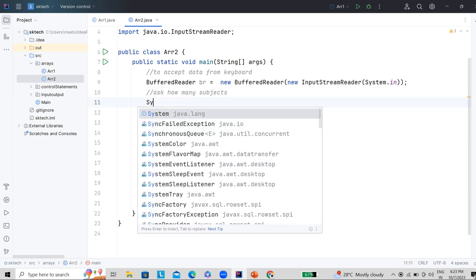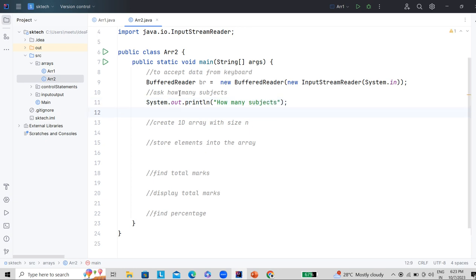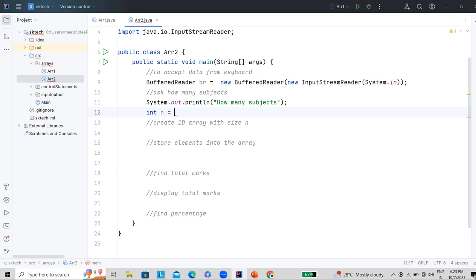So let's write a statement like sysout and type how many subjects, and this is going to print in the console. Then we will provide the value, and then we will store it in some variable, let's say int n equal to,